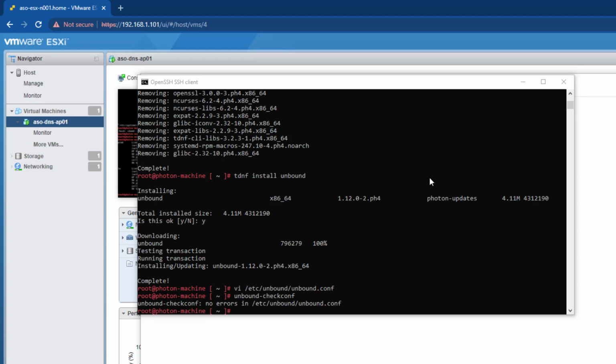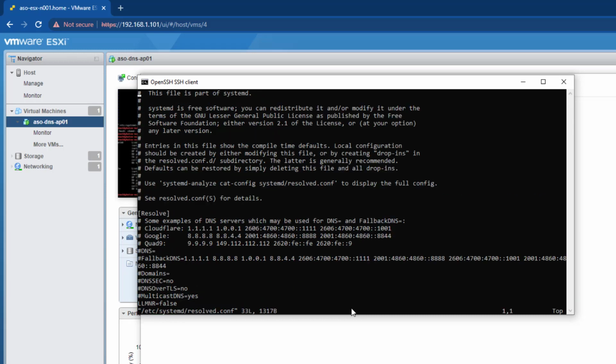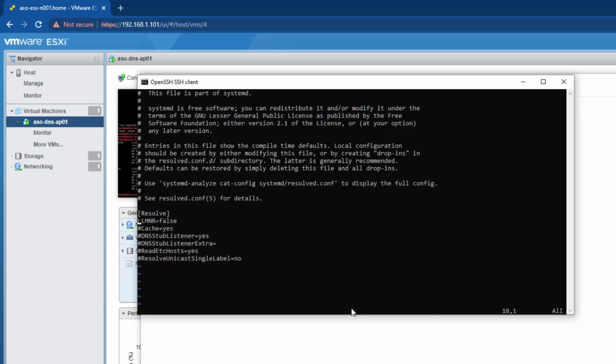Now, what we need to do is to ensure that systemd-resolved is not occupying the DNS port. So we will make a small change in the resolved.conf file also. I prepared that change beforehand as well, so I will share it with you in the article, but again, you can pause the video and see what I am doing here. So this is the resolved.conf. I am going to go down and delete everything. I know it's hashed, but for me it's clearer if I delete that. I'm deleting the line by pressing double D,